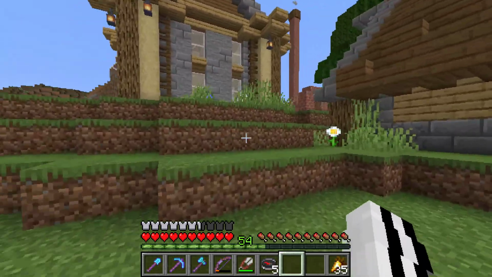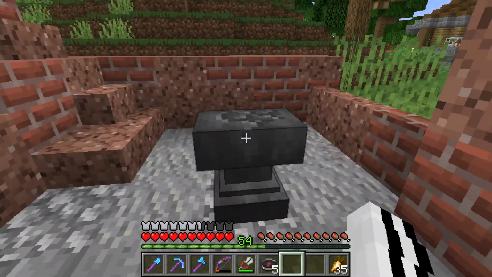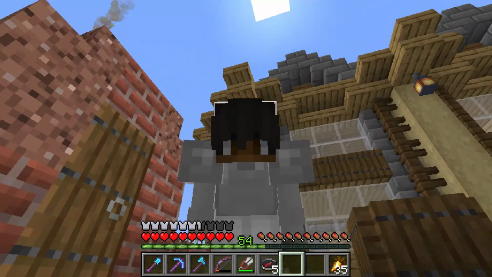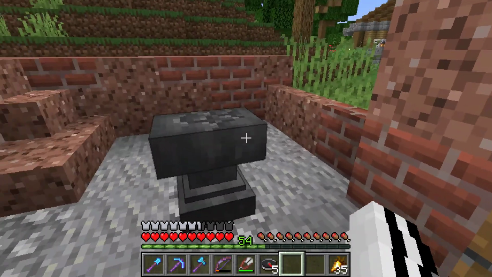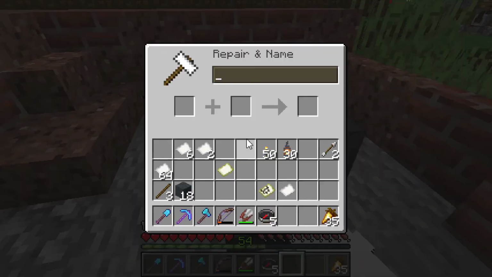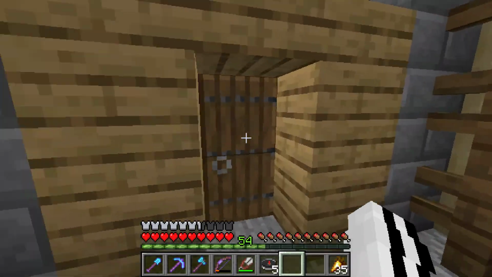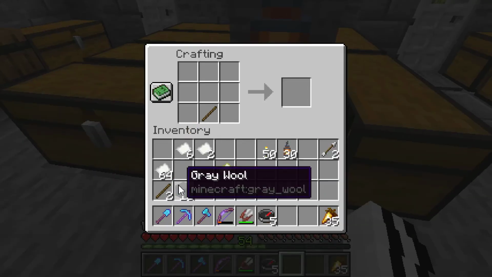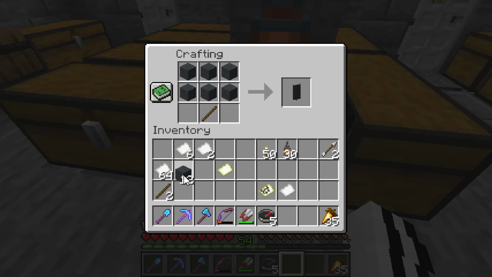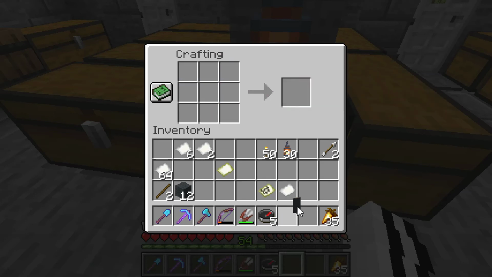Now, another thing I want to show you guys is something that only Java, listen to me, only Java Minecraft can do, all right? So I'm sorry for all you Bedrockers out there, but this is only for Java. So let's go in, and what we're going to do is we're going to make a banner, okay? So 1 stick, and any wool, it has to be the same color. It could be white, gray, whatever color you want. I'm going to use gray,